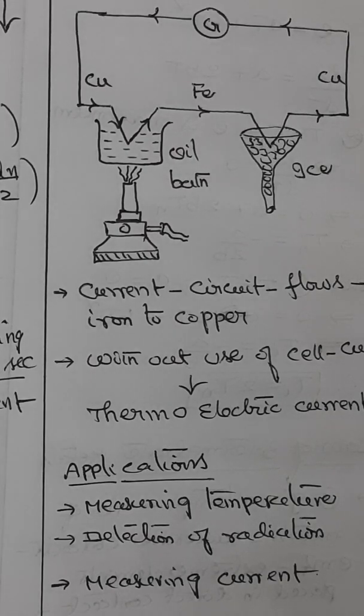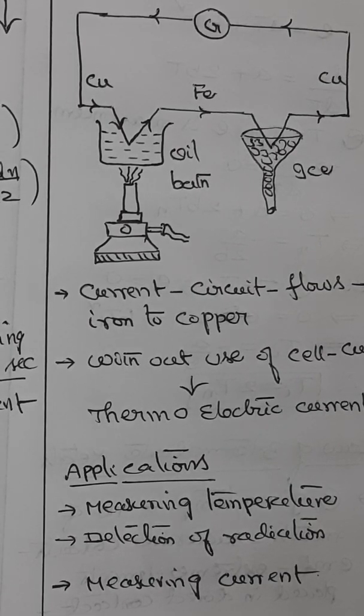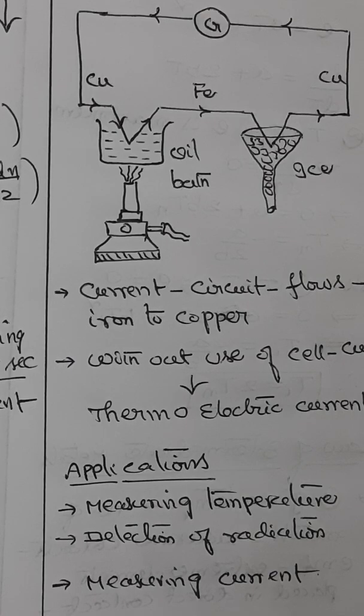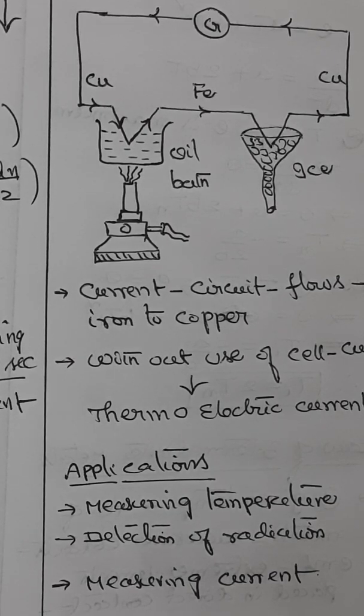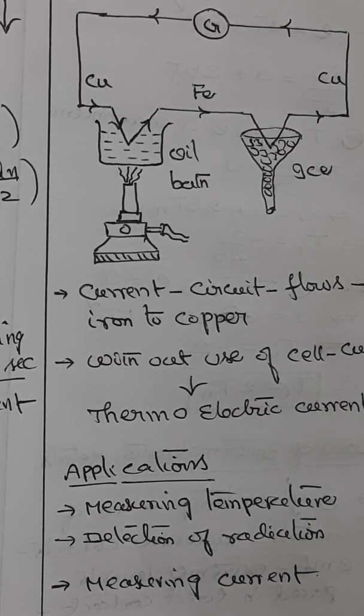Let us look at some of the practical applications of the Seebeck effect. One is measurement of temperature. An unknown temperature can be measured with the help of a thermocouple. The thermocouple is calibrated by placing one junction in a bath of constantly varying temperature while the other junction is at a constant temperature. The thermo EMF developed in every case is measured and then a graph is plotted between the temperature difference between the two junctions and the corresponding EMFs developed. This graph is known as the calibration graph.